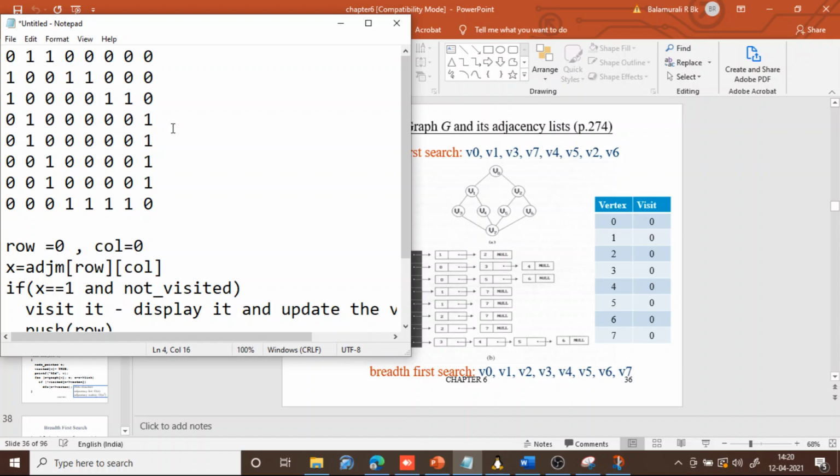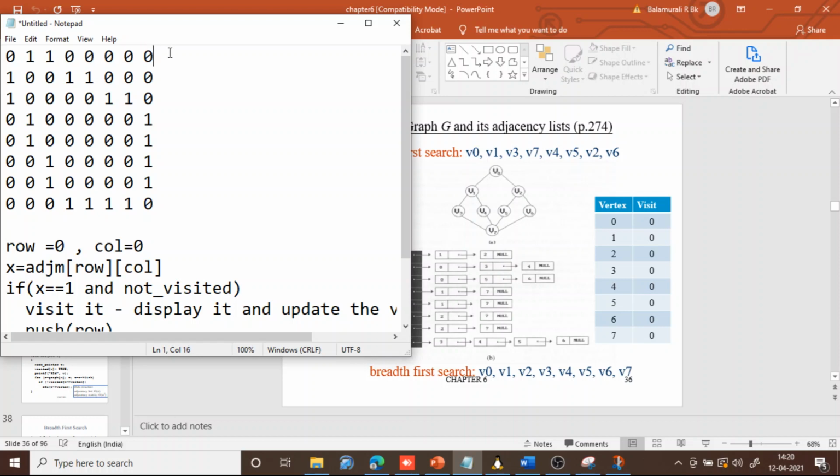Are you getting? Suppose you have reached the end of the column, and when you increment, what will happen? You will reach a location where there is no value. At that time you have to pop. Say you keep on moving. Say for example at one point all these nodes are visited. These two nodes are already visited. Then the column will keep on incrementing. How long should you increment?